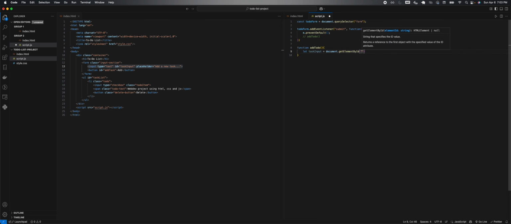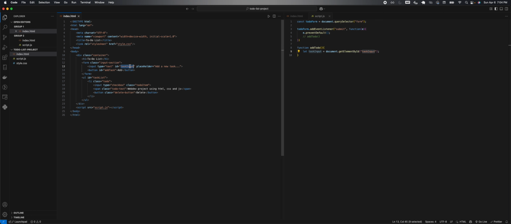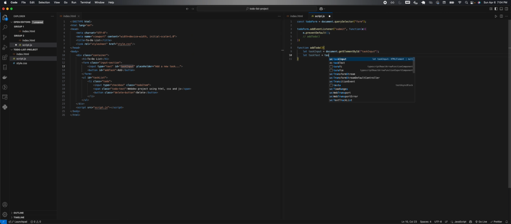We only give it one, which is task input. So JavaScript will look for any element that has an ID of task input. And again, IDs are unique, so this makes it easier for JavaScript to find that there's only one input field with ID of task input in our HTML. And then once JavaScript identifies that, we want to get the value within that text field, and let's store that in task text, and then we'll call it task input dot value